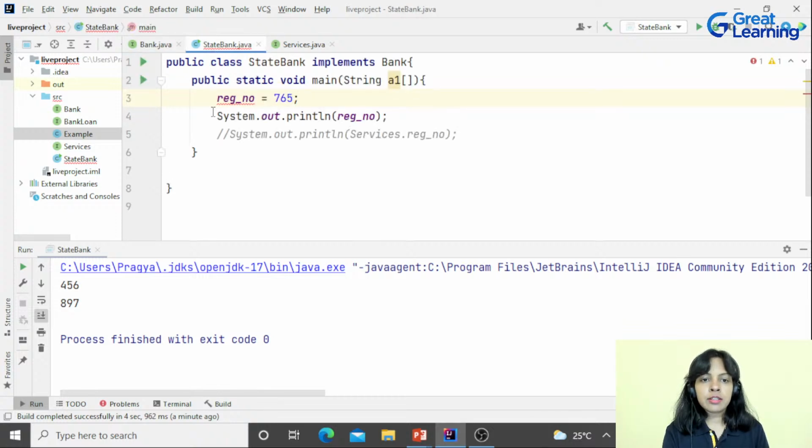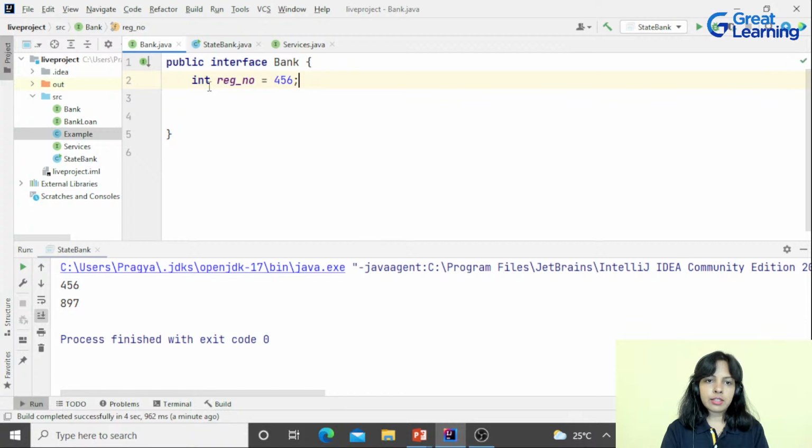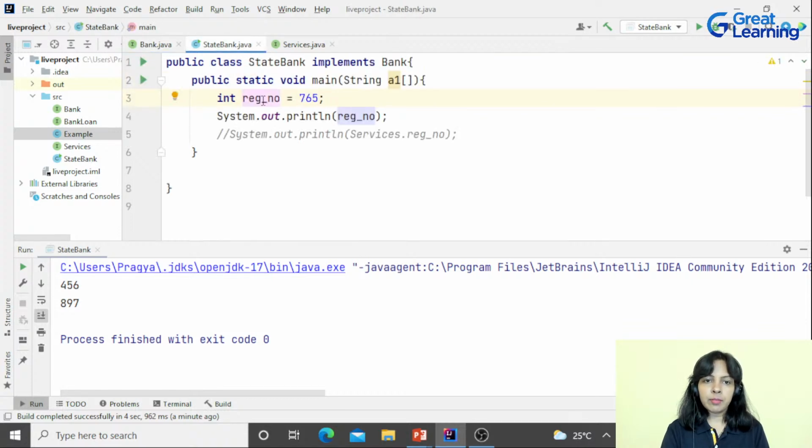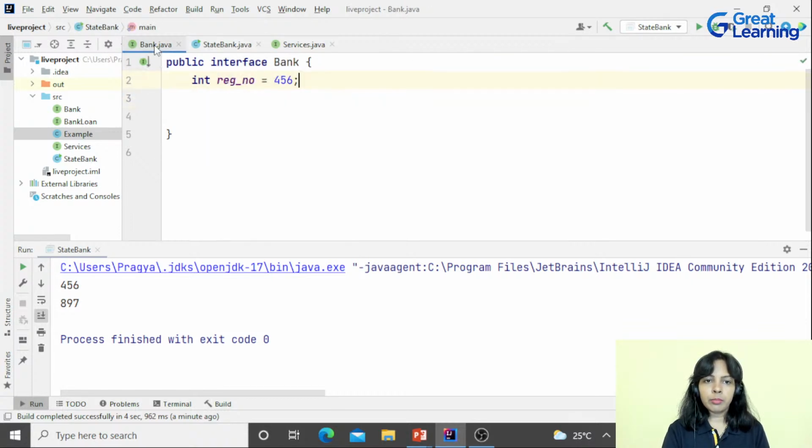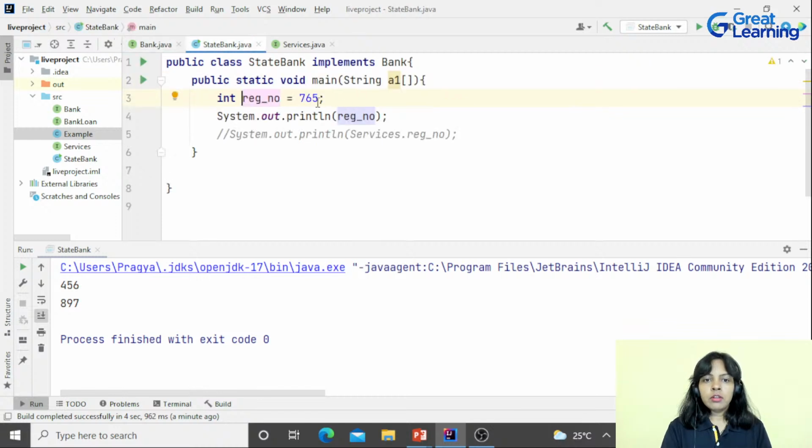So now you tell me what happened exactly. If I write int before this, although it was int over here also, right? It's the same variable name, reg_number. Now if I'm trying to assign it a different value, I'm able to do it. So what happened exactly at the bank?